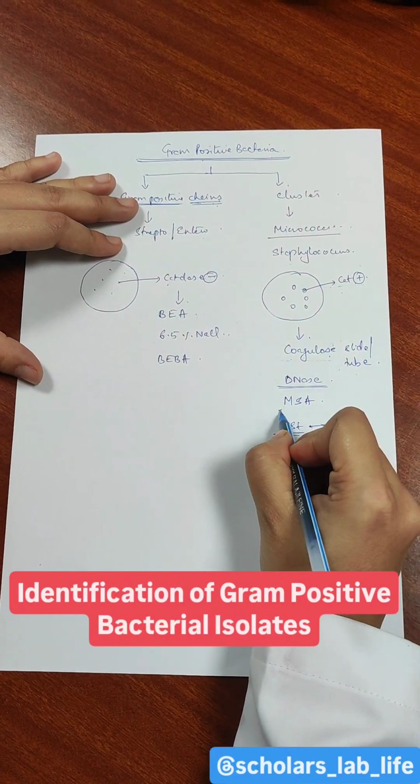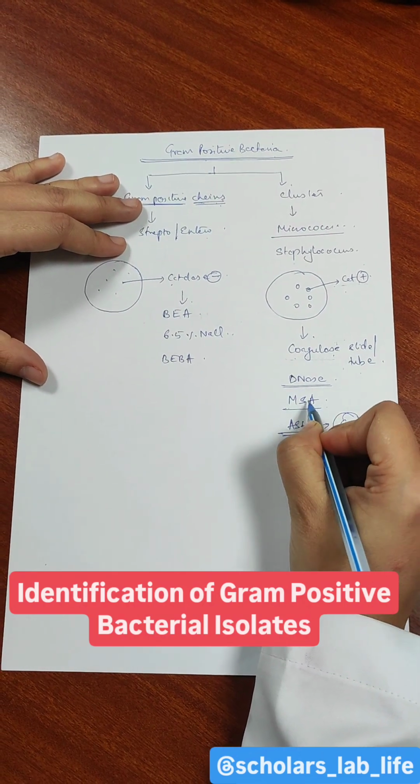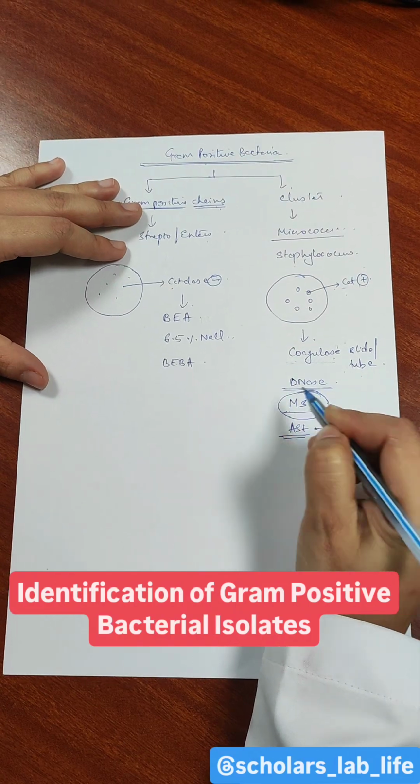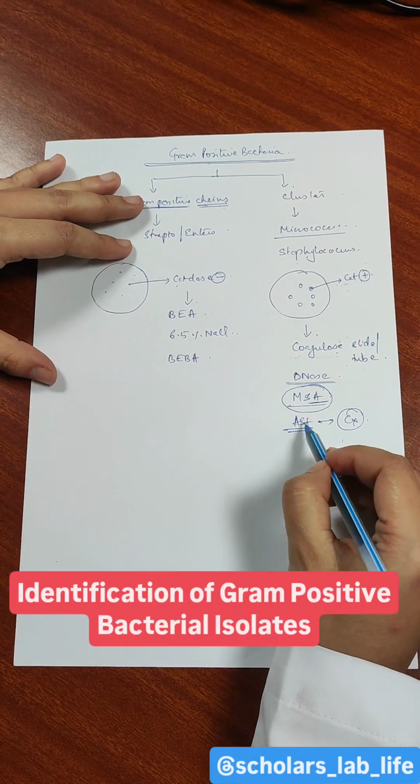Then there's an important media which is used, that is mannitol salt agar, which is specific for Staphylococcus aureus. Staphylococcus aureus will give a yellow colored colony on this particular agar. Then another important identification method is putting up the AST,